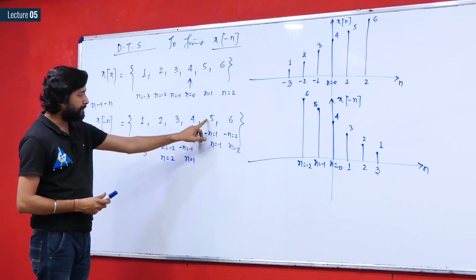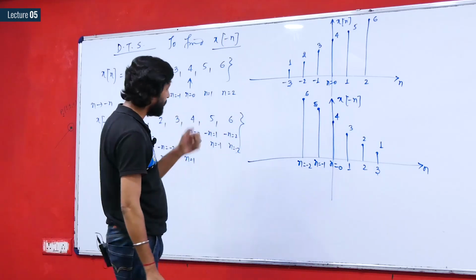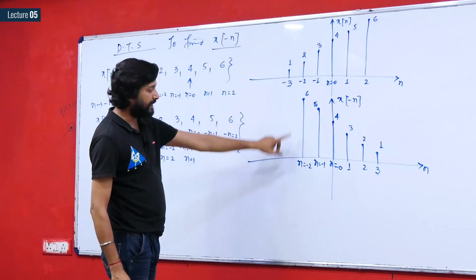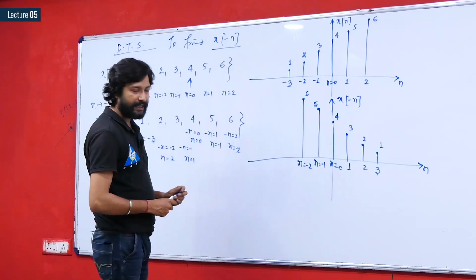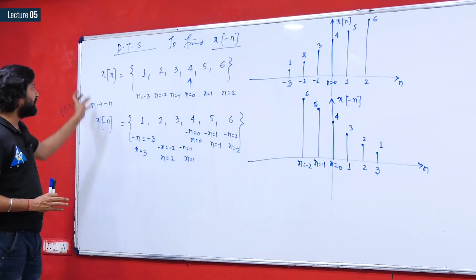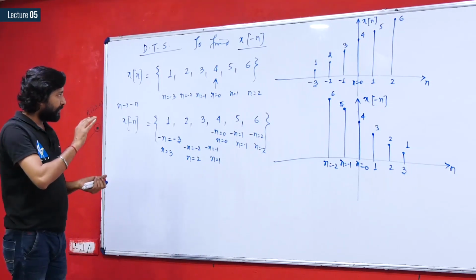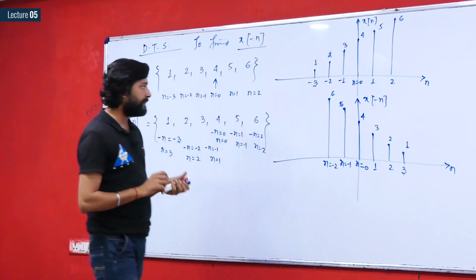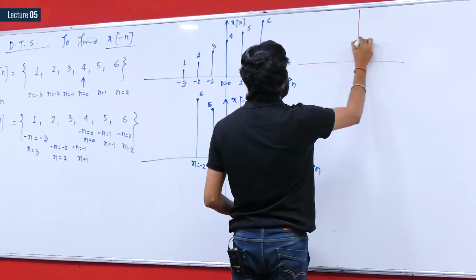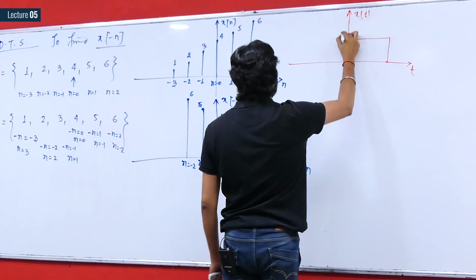Now this 5 will be occurring at n equals to minus 1, as we have seen here, at n equals to minus 1 the value is 5. Similarly, this 6 value will occur at n equals to minus 2, therefore you have plotted at n equals to minus 2 the value 6. So it is a similar process that we have followed for other operations also: whenever we are replacing, we must replace on both the sides. So in this operation, if we have this x of t signal, as we have seen earlier, that if x of t is something like this, with respect to t, your signal x of t having value 10.